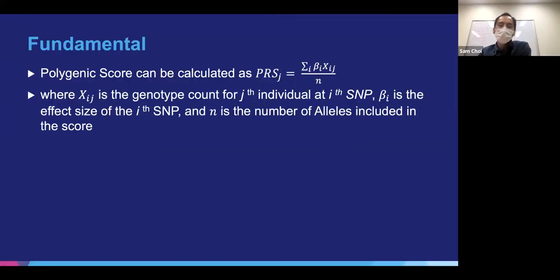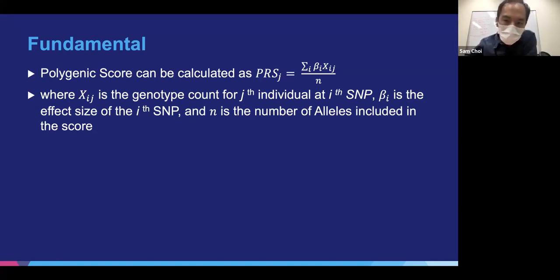Now, first things first, we have to go through the fundamentals of polygenic score. So polygenic score can be calculated as the sum of betas times x divided by n. The betas are the effect sizes and the x are the individual genotypes. So essentially, it's a weighted score of your genetic dosage. You can notice that there's an n here, which is the number of alleles. This helps us to account for missingness, and